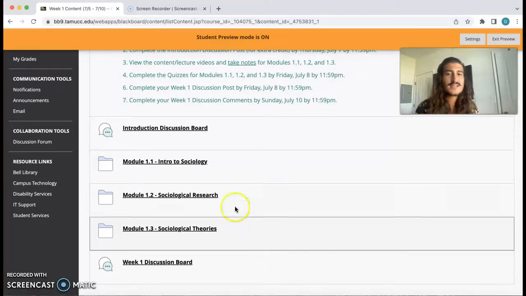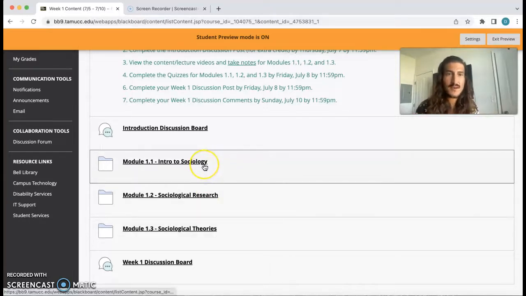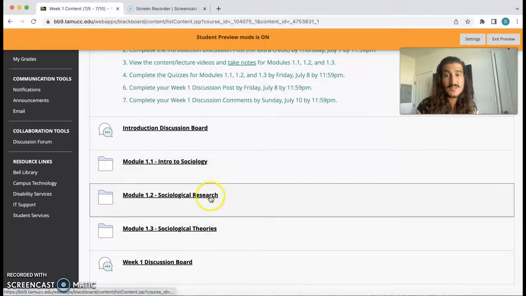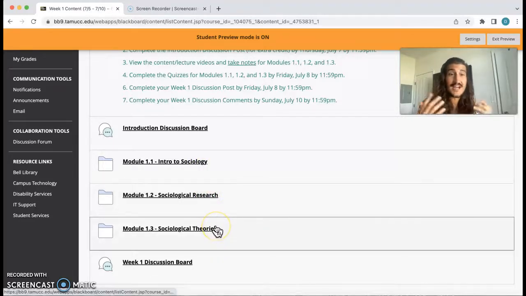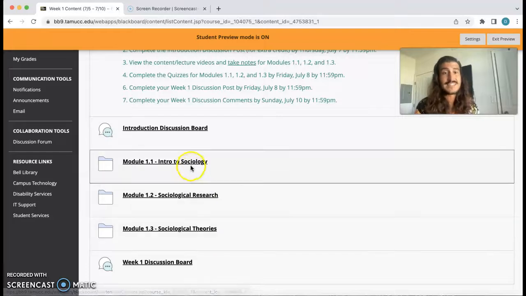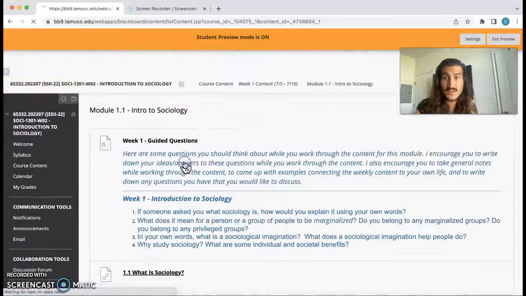So the way I do that is by organizing each week into modules. Each module would typically be something that I would spend an entire week covering in a fall or spring semester. Now, I did trim them down quite a bit. I got rid of a lot of required readings and videos, and I'm really just only asking you to focus on things that I, again, think are really important here. So let's take a look at one of these modules and see what they look like.